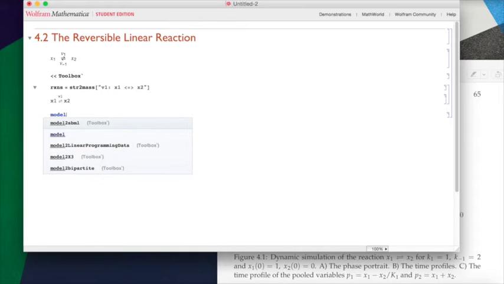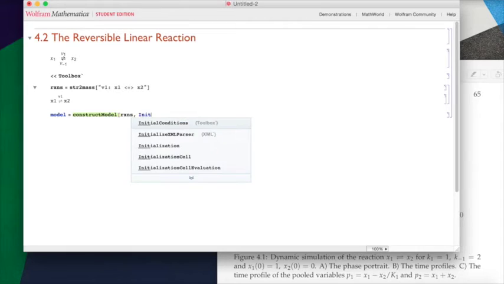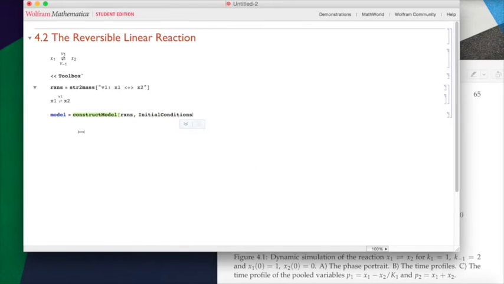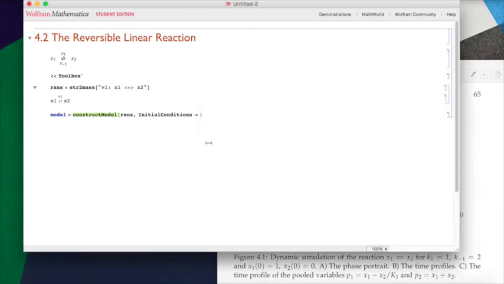Then we want to construct the model. And we just put in the reactions. And we want to also designate the initial conditions. You can press tab if you want to autocomplete ever. And according to the legend here, the caption here, x1 at 0 is 1, x2 of 0 is 0. So we say